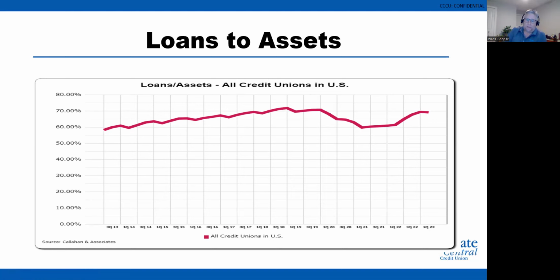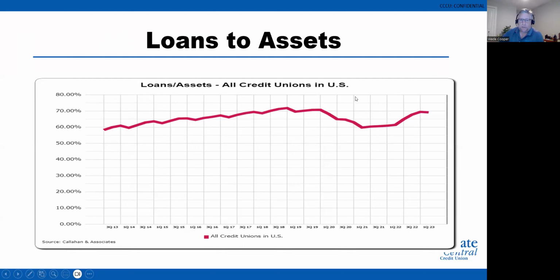So the loans to assets, again, this is the effect of liquidity. And we talk about liquidity on a daily basis here. This went back 10 years, but I wanted to show that you can see the pattern. It kind of peaked here in fourth quarter 18. There's the peak and the trough, then all this craziness in 2020 started happening. All this cash hit the books.